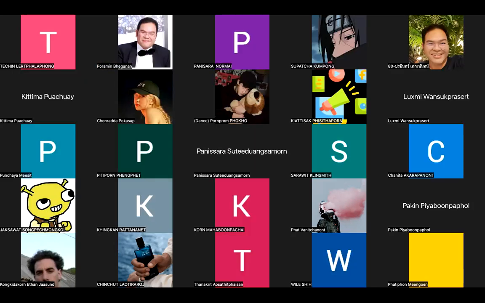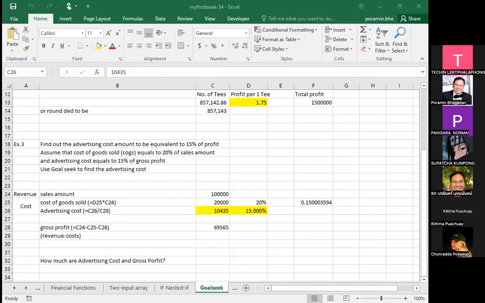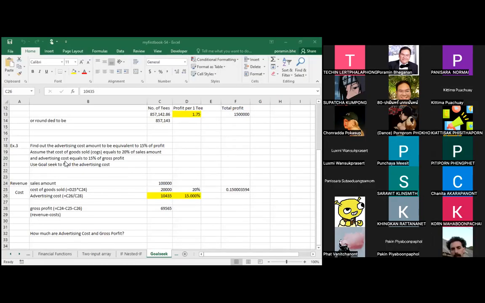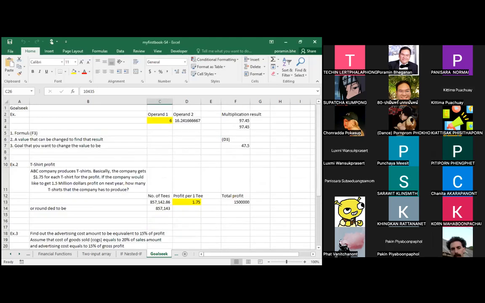In the last class, we talked about the goal seek function. The goal seek function helps us backtrack to find out the origin of the goal that you have got, by backtracking the formula instead of doing the manual calculation like the way that we did in our solution for the equations, like in this one. Originally, if you remember,